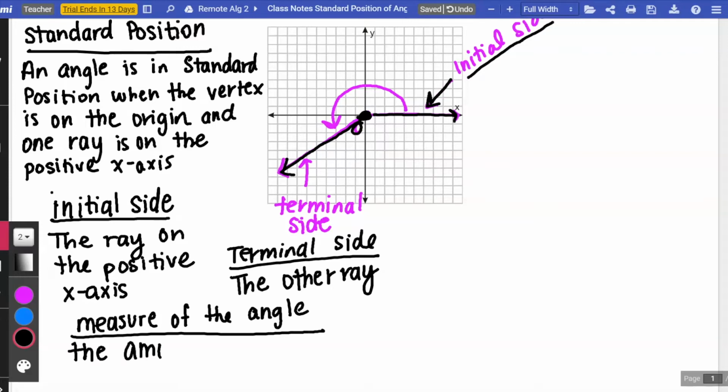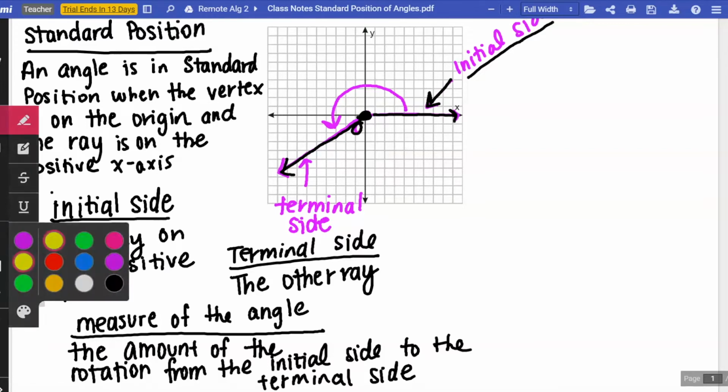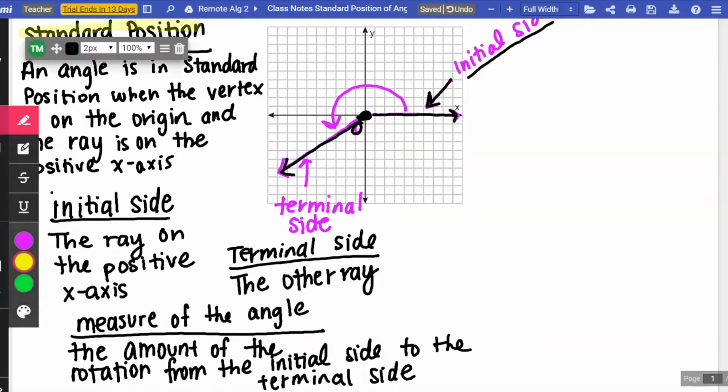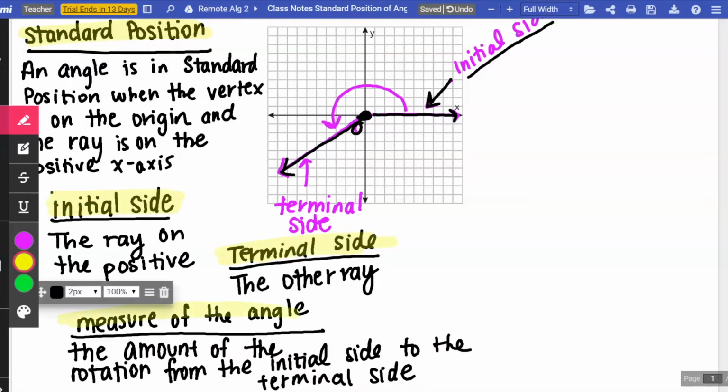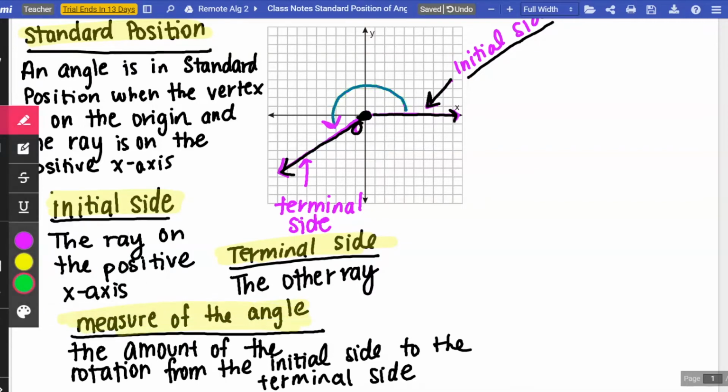So these are the keywords that we're going to be talking about all week: the standard position of the angle, the initial side, the terminal side, and then how to find the measure of the angle. The measure of this angle is the amount of rotation from our initial side to our